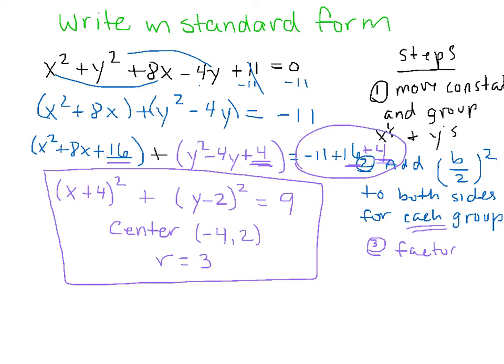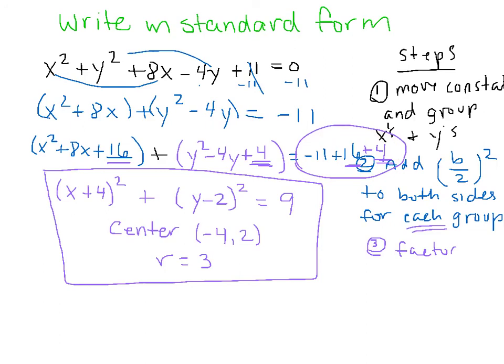Okay, so just to recap real quick, we moved our constant to the other side, and then we rearranged the order. So it went x squared, x, y squared, y. In each one of those sections, we're going to add a blank. We add a blank on the left twice, so we're going to add a blank on the right twice. So the first thing I typically do when I set it up, I do x squared plus 8x plus blank plus y squared minus 4y plus blank equals negative 11 plus blank plus blank. And then I go back in and fill the blanks. You can do it in whatever order you want, just make sure you are not forgetting to add both of those numbers on the